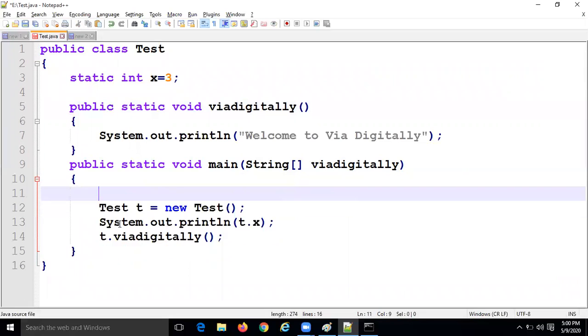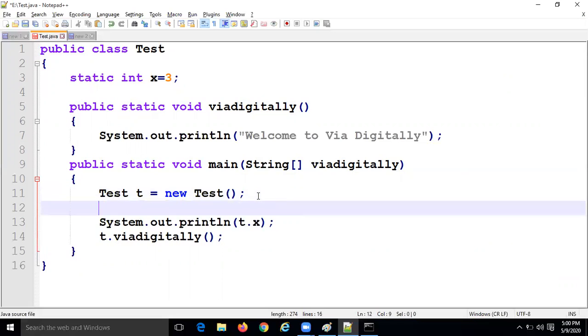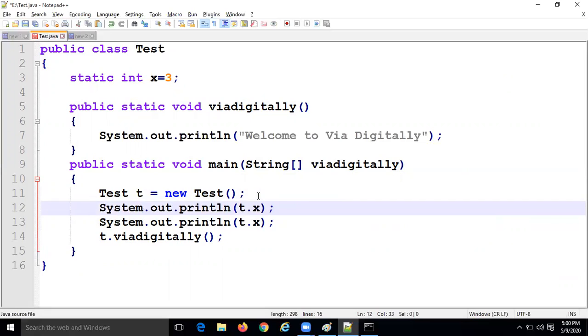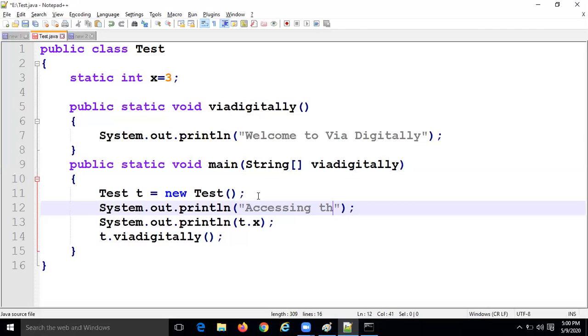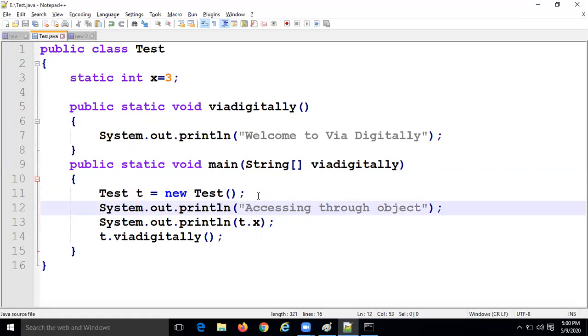First let me try to access through object, just for confirmation. Accessing through object. Let me compile and execute.